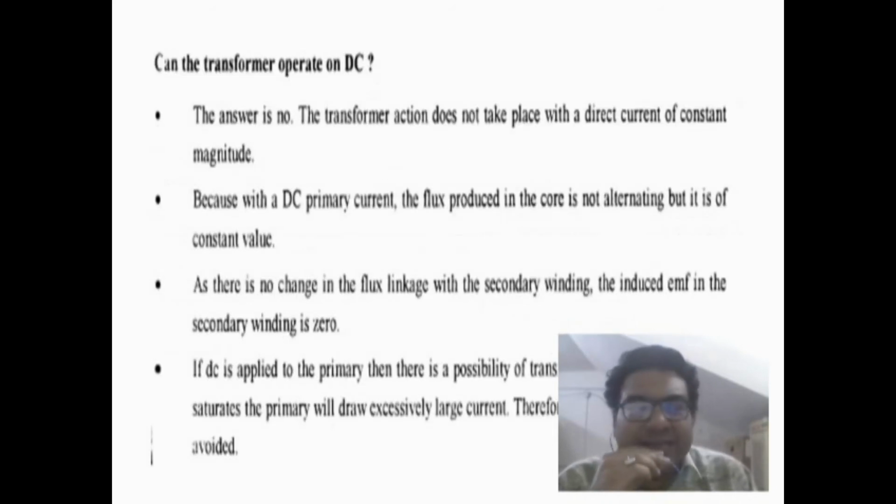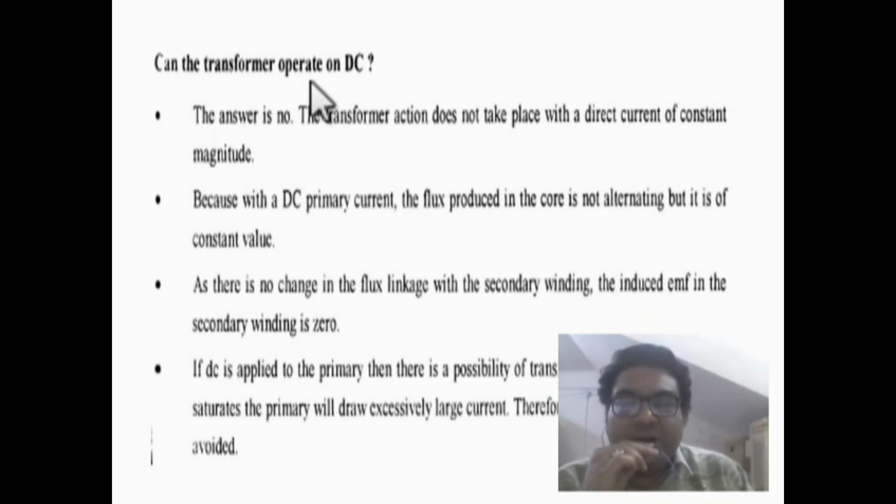And then one question arises, guys. Basically this is an AC device. A transformer is always operated on AC. It does not operate on DC. Why? Because of constant supply, d phi by dt will be equal to 0, because no current is changing, therefore no flux will change, no AC supply, and therefore no induced EMF. So guys, EMF will be produced only in the transient period, and during the steady state period no EMF will be there in the transformer.